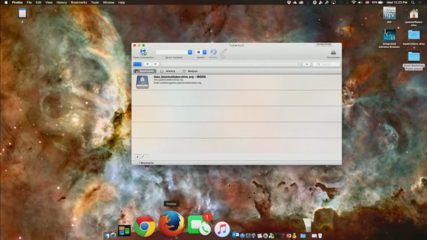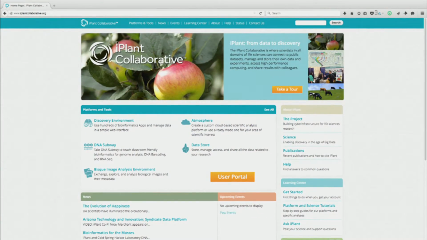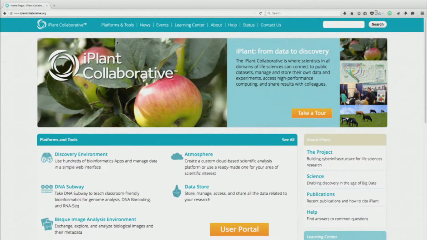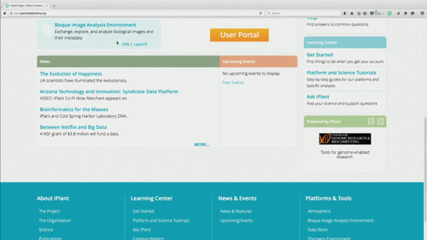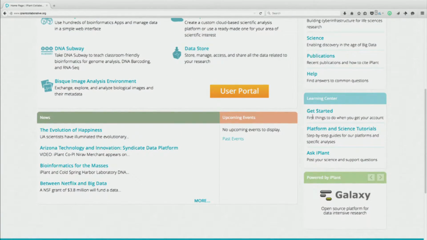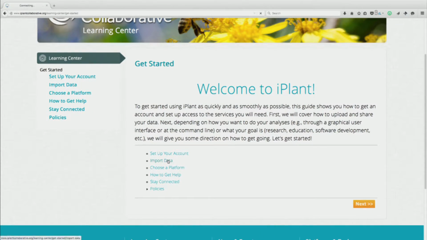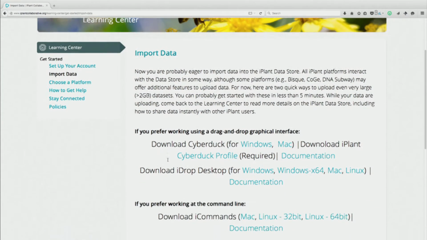While this is starting on my computer, because it'll take a moment to connect, I'm going to go ahead and open the iPlant Collaborative website. So at iplantcollaborative.org, this is our website. If you remember nothing, if you don't watch the YouTube video, please remember to come here. Down at the bottom in the Learning Center, I'm focused now right in this section called Get Started. And if we skip ahead to this section called Import Data, this is where you can go ahead and